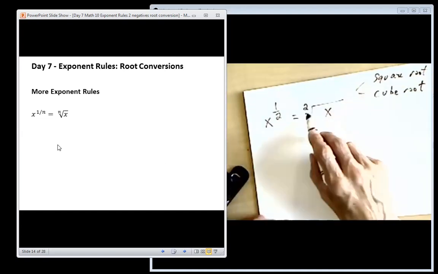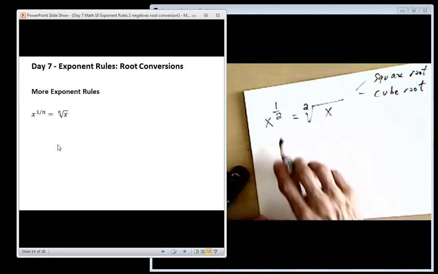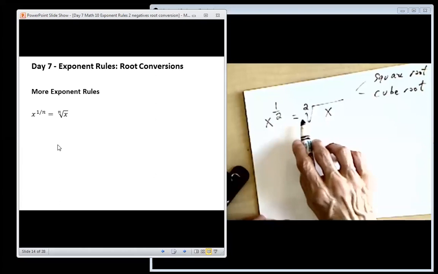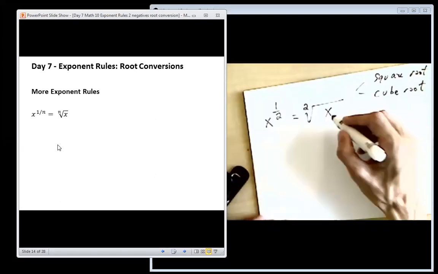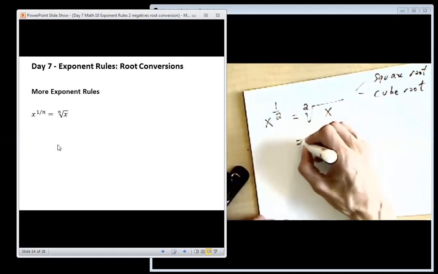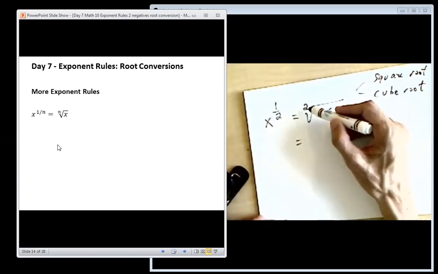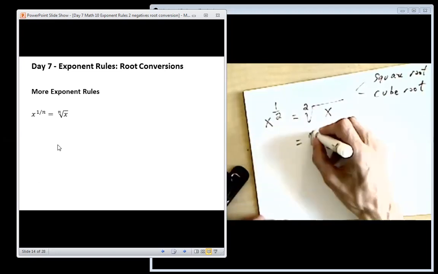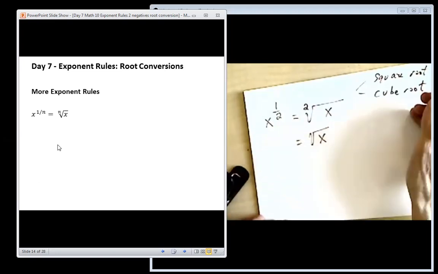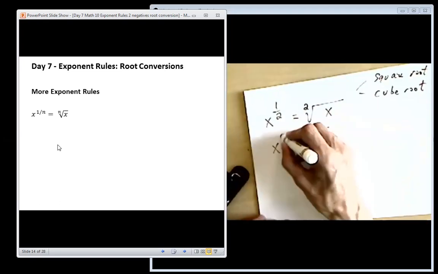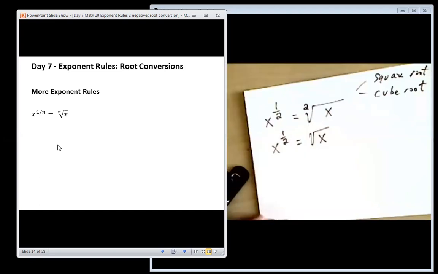Okay, that's what this shows here. Because it's a half, we get a 2 there. And this actually means the square root, okay? What you will normally see is that we drop the 1 sometimes, we're going to drop the 2. It's the only radical where we do that. So if ever you see something to the power of a half, it actually means square root of whatever that